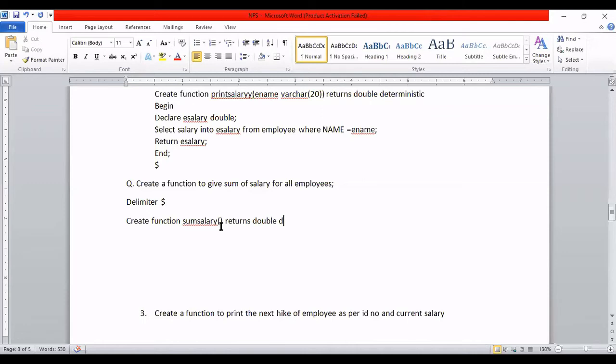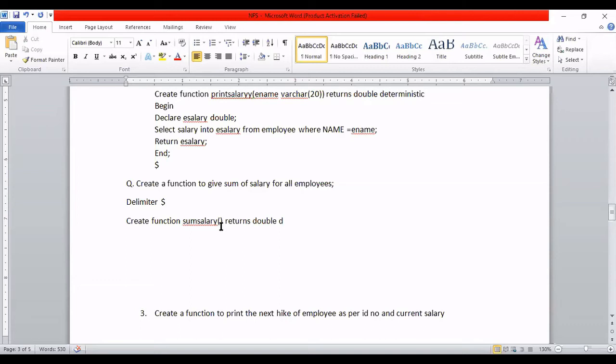I don't know the CGPA of the student because I am passing only the ID number. I'll check whether that ID number's CGPA is greater than 7.5. If it is greater than 7.5, then he is enrolling in a particular course, or he is selected in campus, or he joined a new course.